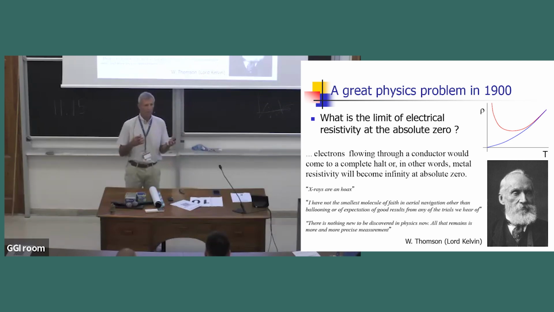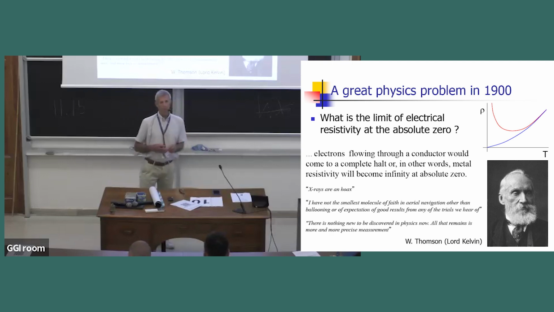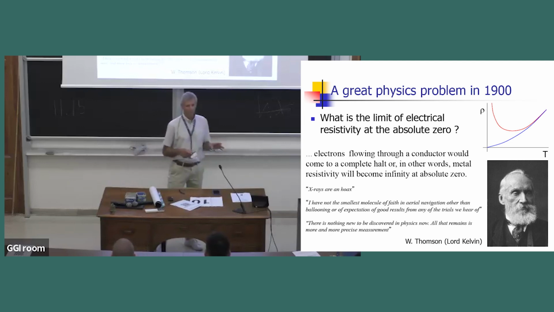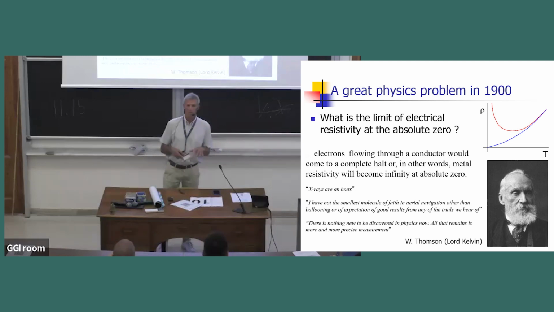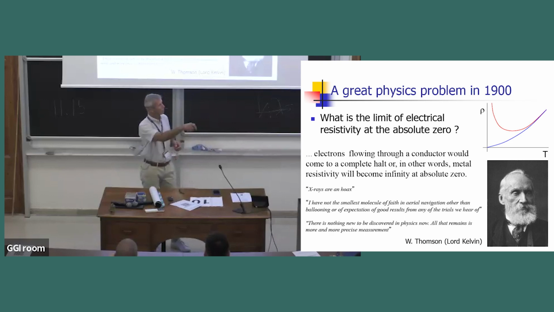So people started to understand electricity, electrical currents are moving particles, and if the particles get cold, what happens then at low temperature? And there were different theories, like the resistance would get lower and lower as the crystal moved less and less, and the particles were more and more free to move. So essentially a resistivity curve that would go like this, like the blue one. Another theorist said, no, these free particles will actually freeze as you get colder, and then you will get the red curve. So resistivity would actually increase.